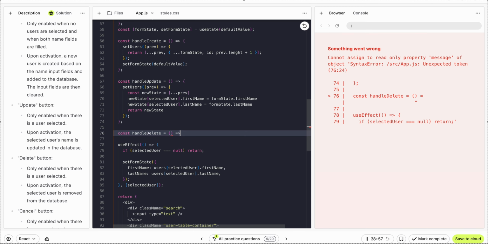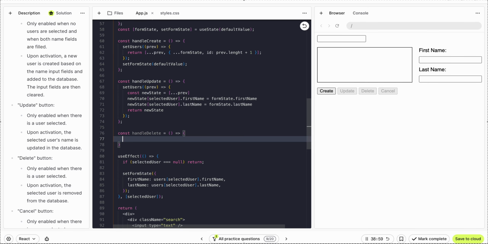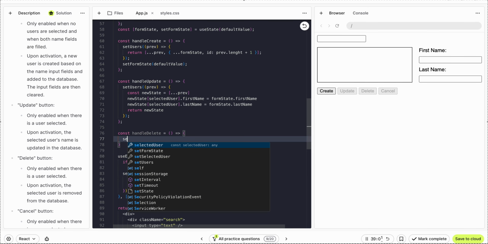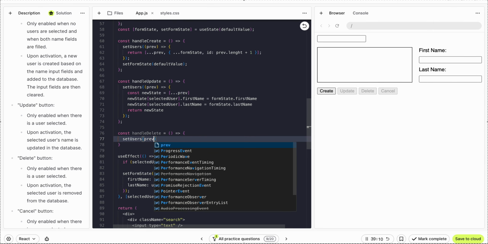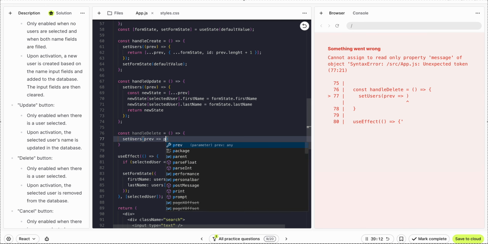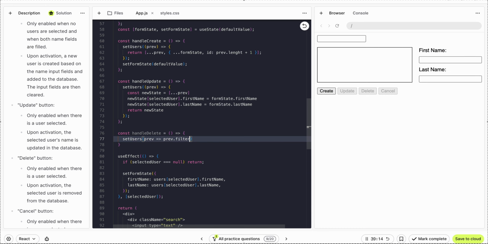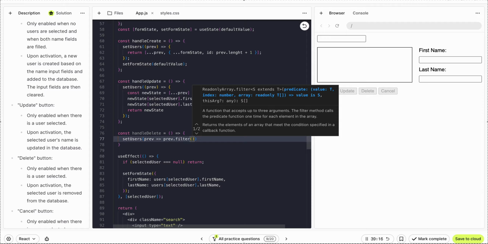Handle delete should be this set users and prev dot filter